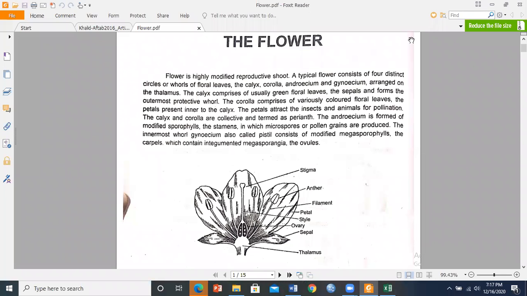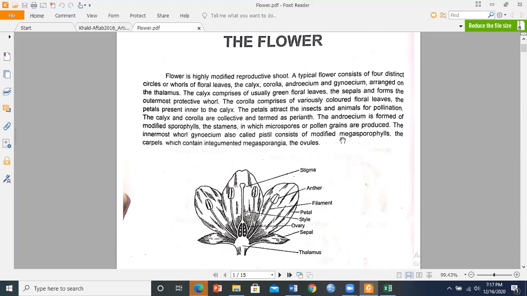Today our topic is flower. Flower is a highly modified reproductive shoot. Actually, flower is considered as a shoot which modified itself into different floral parts called calyx, corolla, androecium, gynoecium. Calyx is used for sepal, corolla is used for petals,